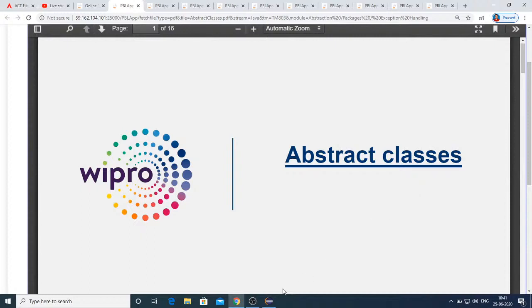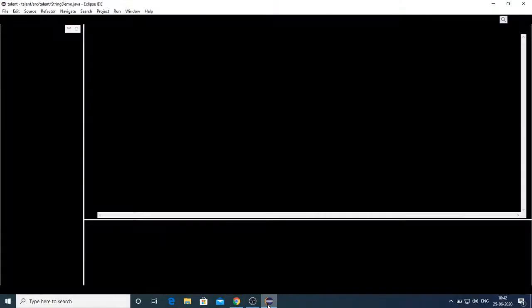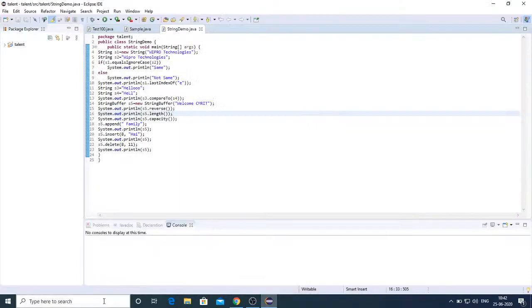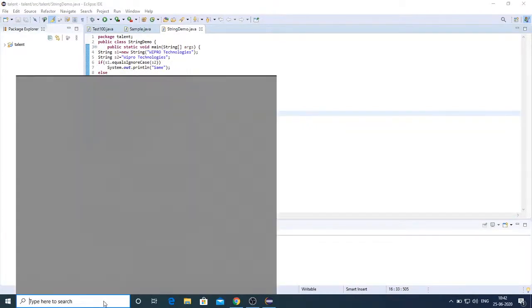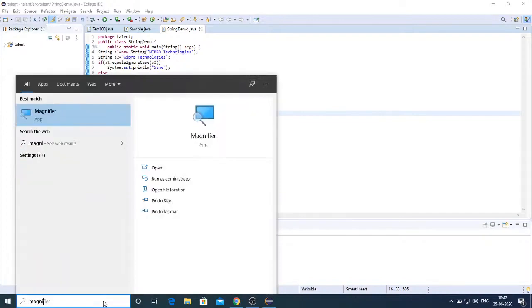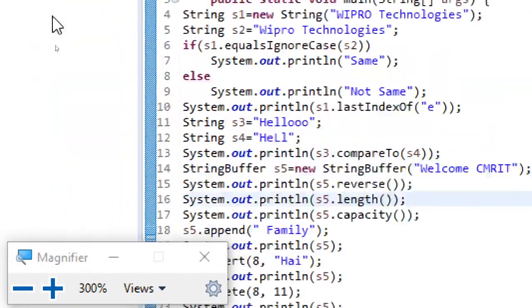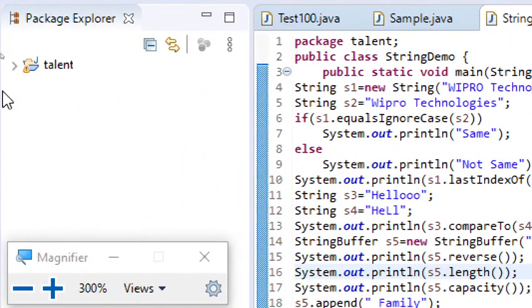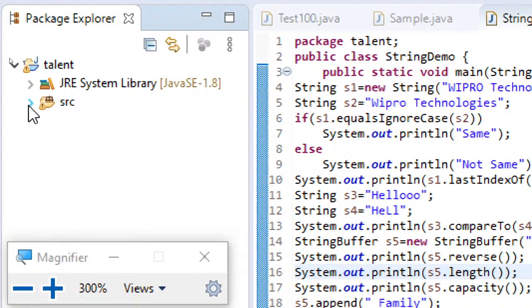Now let us understand these things with examples. I have already opened my IDE. Let me open the magnifier. Now let me create a class.